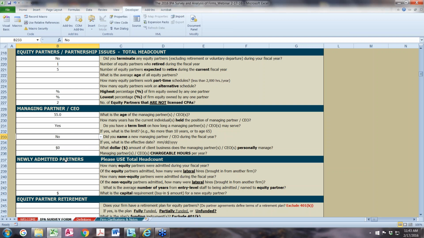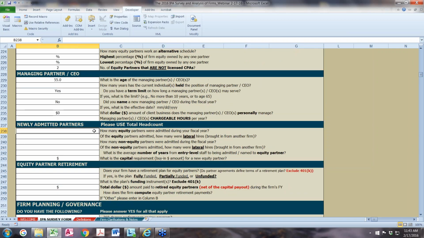Starting in row 237, this section addresses both equity and non-equity partners, so be sure to read the question carefully to see which is being addressed. We're looking for a head count here, not full-time equivalent. So please report only those people who were admitted during your fiscal year that you are reporting on. So if you've got on row 238, if you admitted some equity partners January 1st of 2016, but you've got a December 31st year end, they would not count,